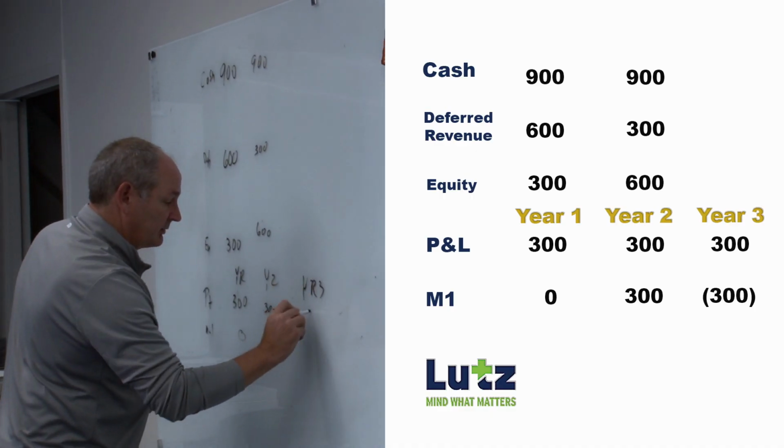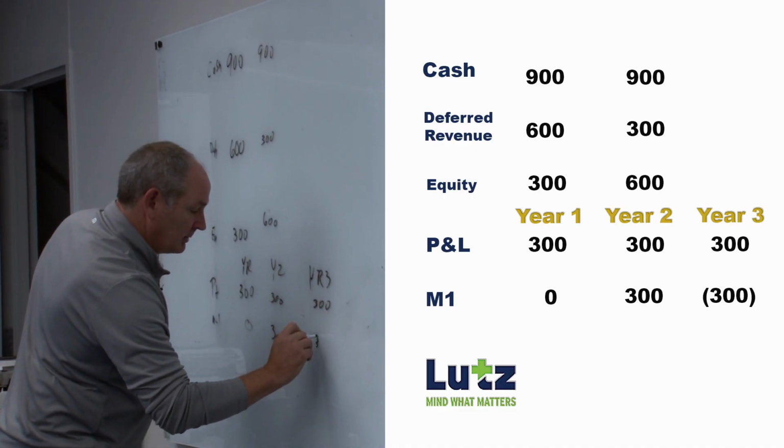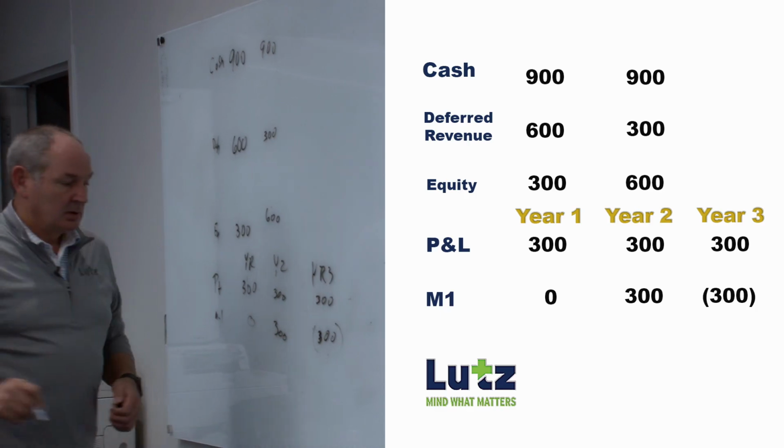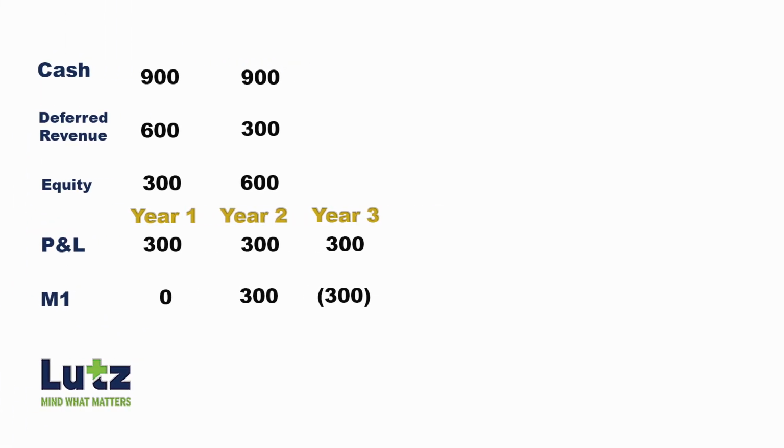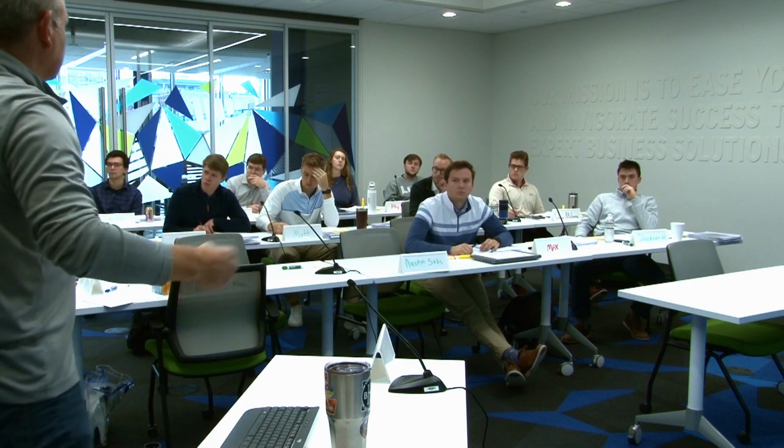So would the remaining 300 have to get dispersed by year 3 then? That's a great question, Connor, because in year 3, you're going to have 300 for GAAP, but by virtue of recognizing it the year before, you get a deduction for tax because GAAP is over-recognizing in year 3, because we've already recognized everything in prior years. That's a great question. And that was a failure on my part to be paying attention.